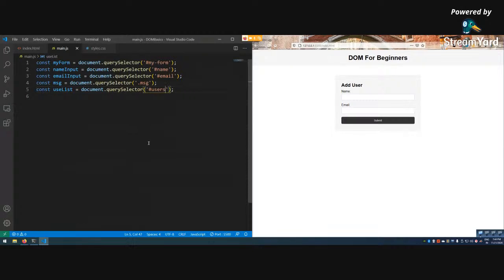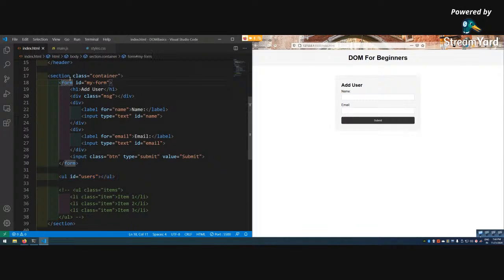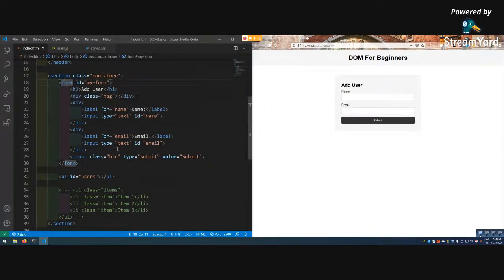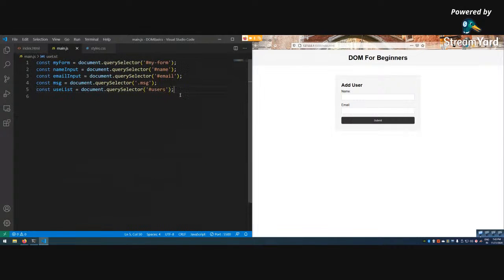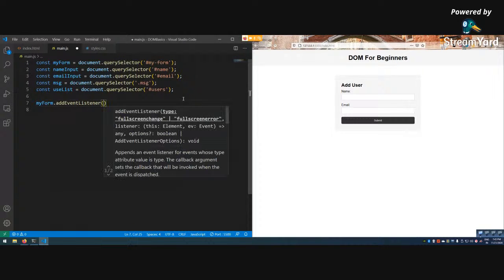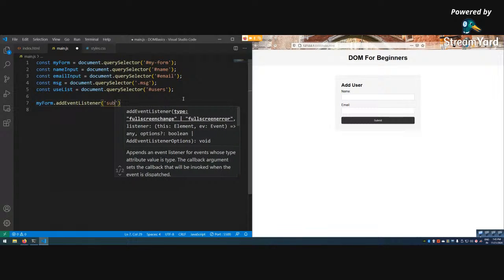Okay, so we are going to listen to the form submit. One very important thing is that if you create a form, we can directly add a submit listener. A submit listener works whenever I click this submit button or I press enter. So that's the benefit of it. So myForm dot addEventListener, submit,